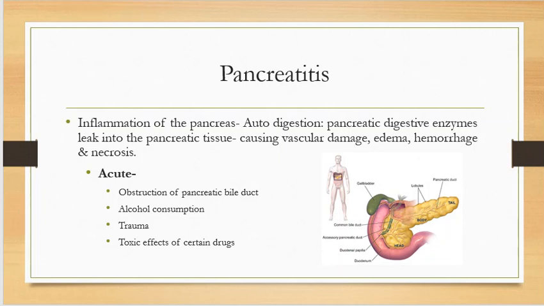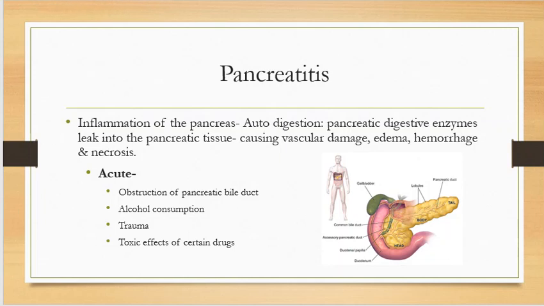So we're talking about pancreatitis. It's an inflammation once again, and it is an autodigestion, which means it's kind of eating itself. You have pancreatic injury. It permits the digestive enzymes to leak into the pancreatic tissues. The enzymes start breaking down the tissue, the cell membranes, and then you start having vascular damage, which leads to